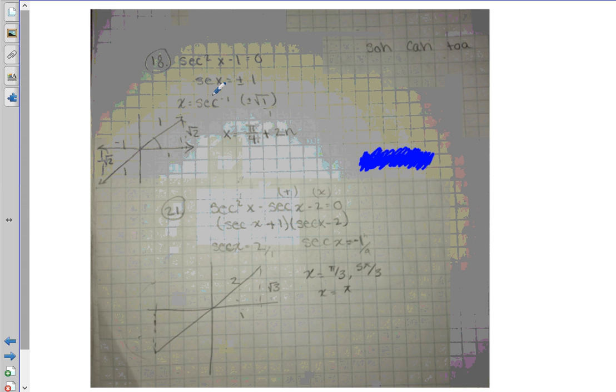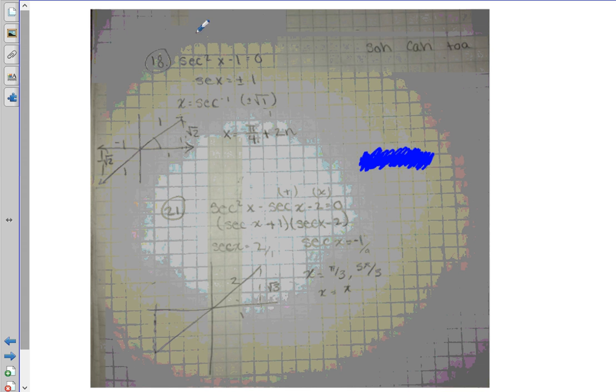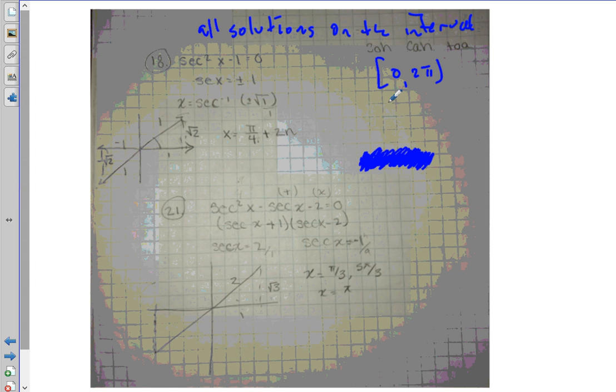what we see in these problems 18 and 21 is it's different than what we had before. And what we're looking for are all solutions on the interval 0 to 2 pi. And if you watch the videos, you'll see there's a distinct difference than what we did before. Now, the process in which you do it is very, very similar to the process that we did in